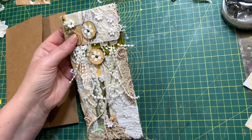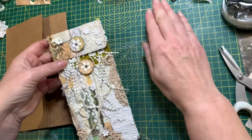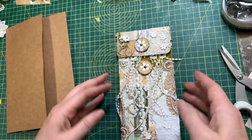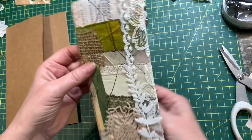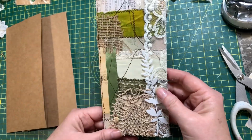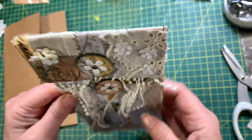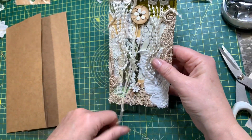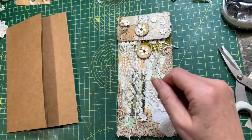Actually, I don't know. Do I need anything? I'll cut that bit off. Oh, I'll probably end up cutting all these bits off as well. But this is pretty much what it looks like. That's the back. It's got tons of glue all over it. It really smells at the moment. I don't know. I think I could probably add more to make it more chic-y, you know,